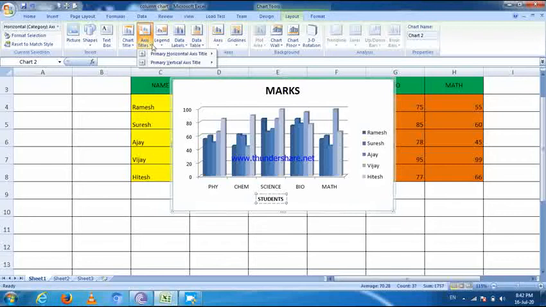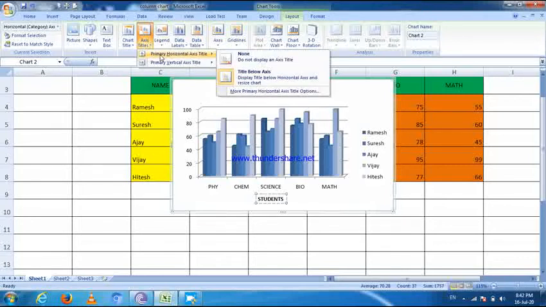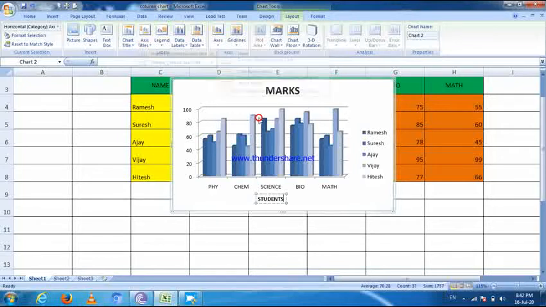There are two options available in the axis title tab: primary horizontal axis title. Then you can select title below axis. Then you can see that this title appears below the charts. The axis title appears below the charts.